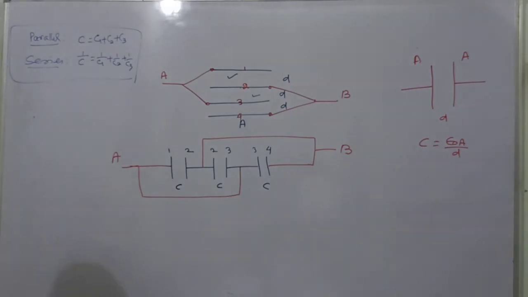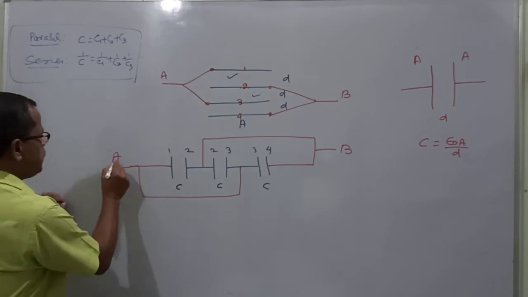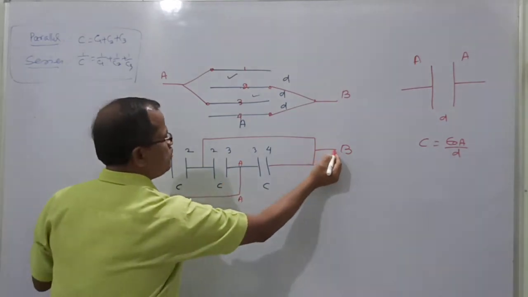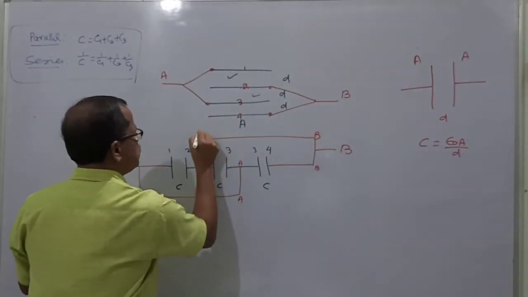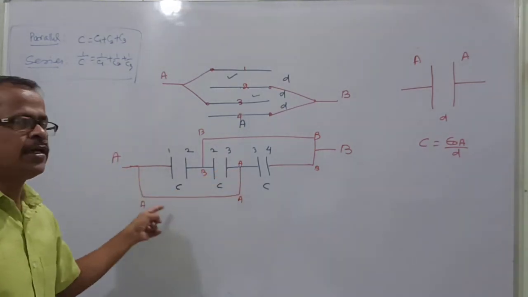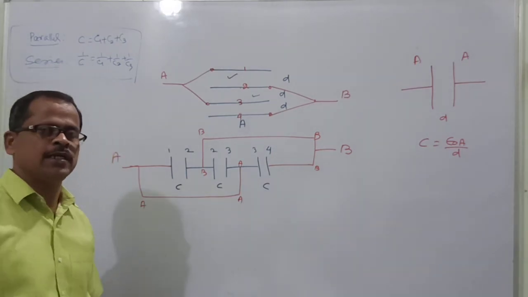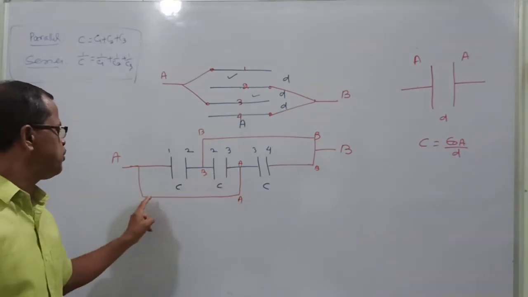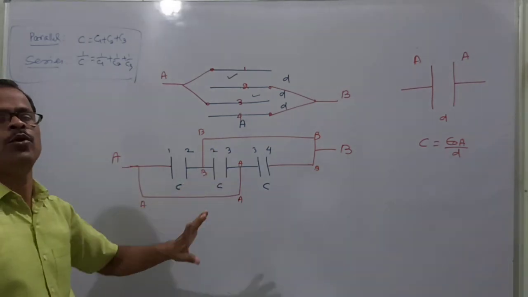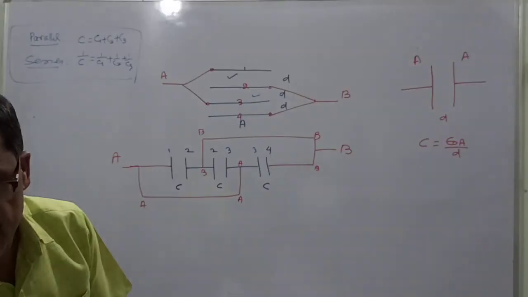Now all capacitors are in between A and B. So here, if this is A, then this is A, this is A, this is A. If this is B, this is B, this is B, this point is B, this point B, because it is a conductor. In a conductor there cannot be any potential difference, because it is a pure conductor with no resistance. So the potential of these points A are the same. That's why they should be given a single name, no different naming. A. Similarly B. Now let us redraw it and get the answer.